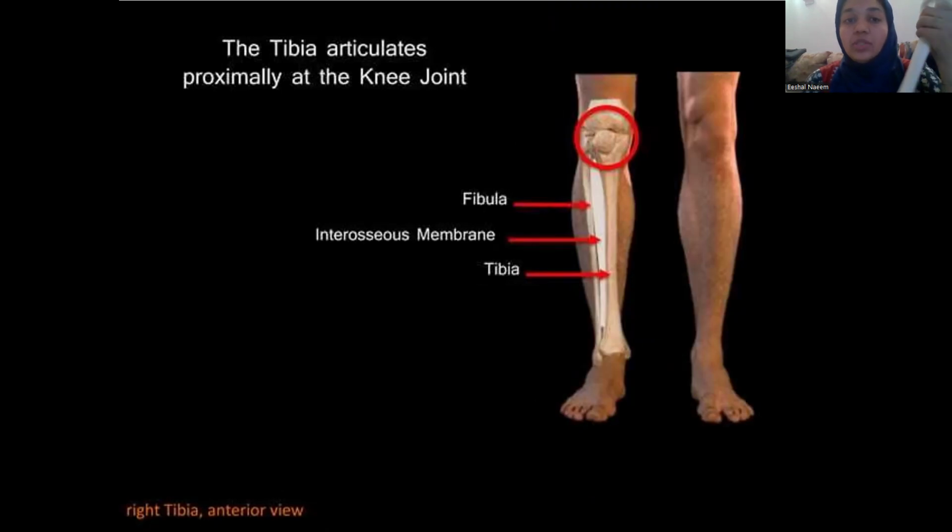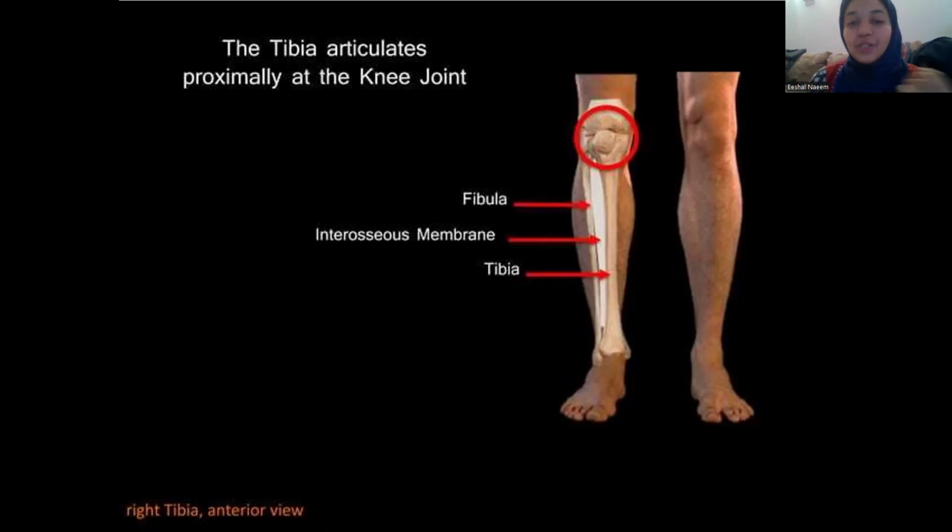Okay. So the tibia articulates proximally at the knee joint. The bigger expanded part on the tibia is the upper end, and the thinner part, which extends to form the malleolus, is the distal end. Another important thing we can see is that there's a tuberosity present on the anterior side of the tibia, and it's a very prominent tuberosity, as you can see here. We're going to study it a little bit later, but that's how you know that this is the upper end. The upper end is expanded, it has a tuberosity on the anterior side, and the distal end extends to form the malleolus, namely the medial malleolus.